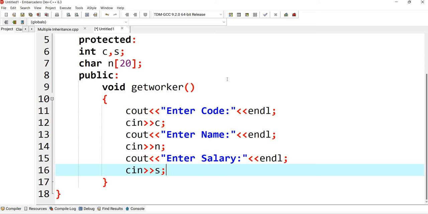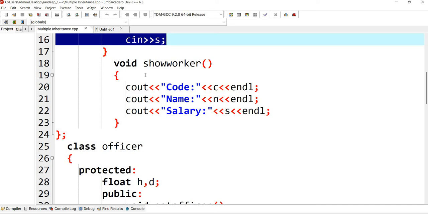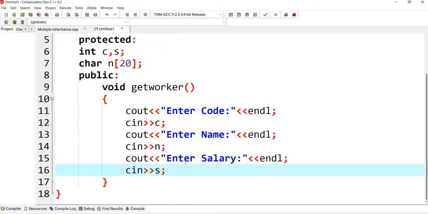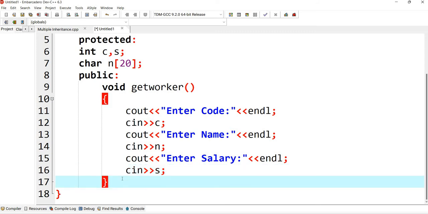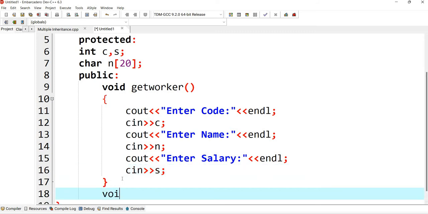The second member function I take again for displaying the values. So the second member function I'll take here, with code, name and salary. This is the second member function. I'll take another member function here, void show worker.